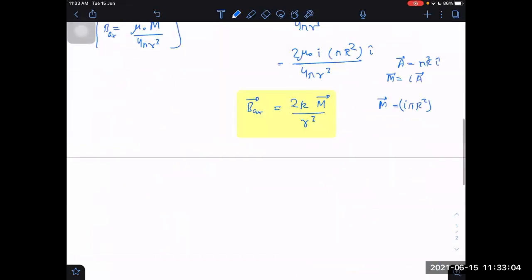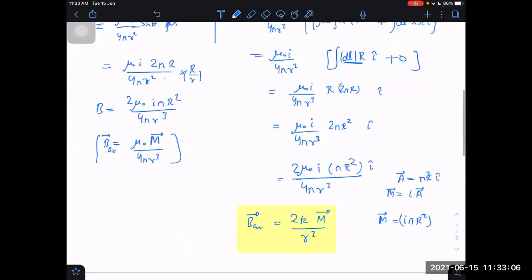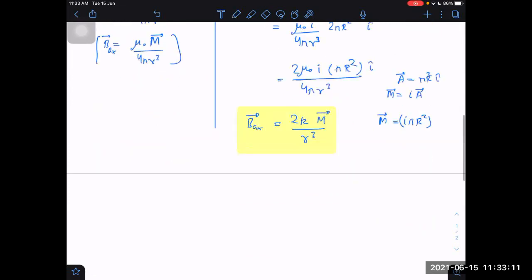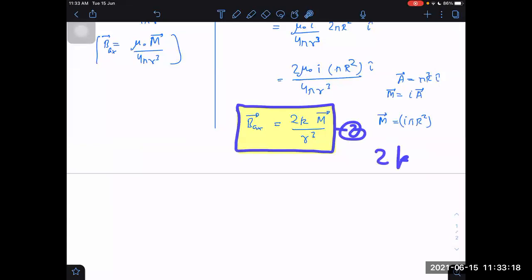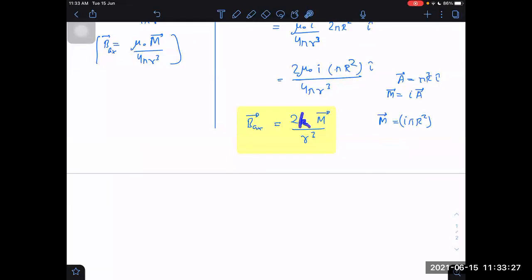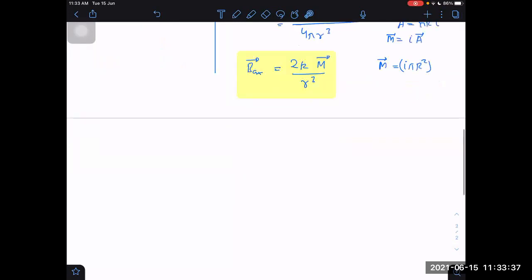Okay, so we should know both ways, and this left hand side way is definitely very simple. If you forget it in the examination, derive it in the left hand side way. Although I don't expect you to forget this result because it is used in 2 places, once in electrostatics and again in magnetostatics. Also, we should remember this k is equal to mu naught by 4 pi. It is the constant of Biot-Savart law, but there k will be the constant of Coulomb's law. These k values will be different.